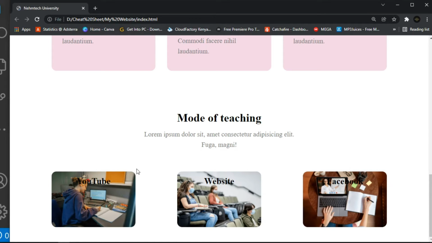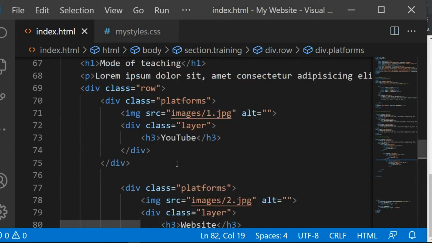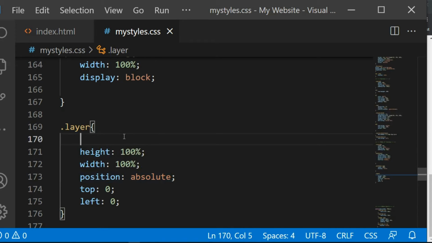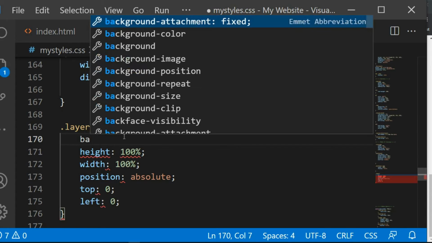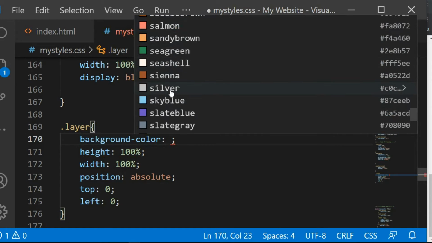But remember I told you that it's good to have a portrait image here for it to be displayed perfectly. But now we want to style it further to make our background color there. So they selected this part named layer. We removed that background because it wasn't displaying in the right way. So I'm going to add a background color, I'm going to choose any color here. Remember last time I had chosen